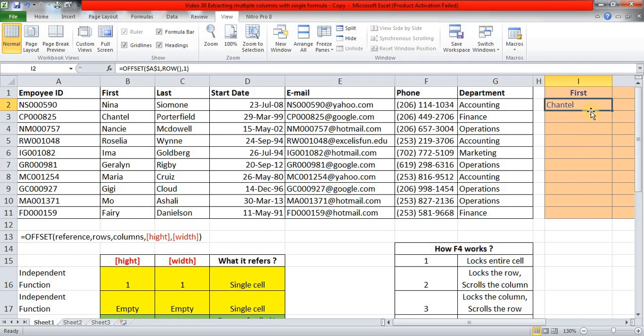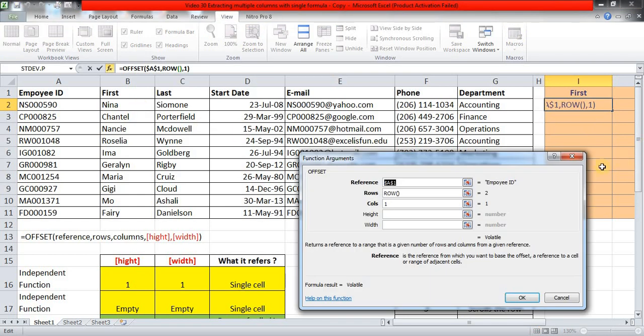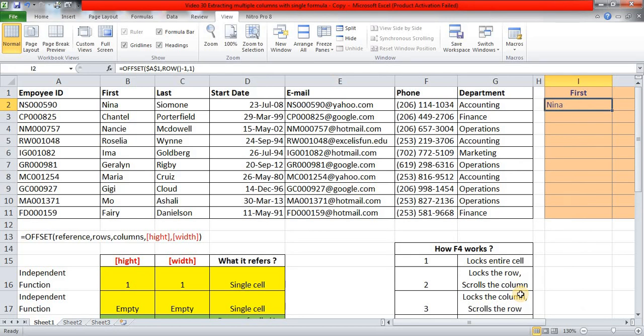Here it is, but we don't want Chantal, we want Nina to appear. So again Alt F, and we'll simply subtract 1 from here. Okay, Nina. And now if I copy this down, it's giving me the first name. So I'll delete this. So this row argument is working fine.